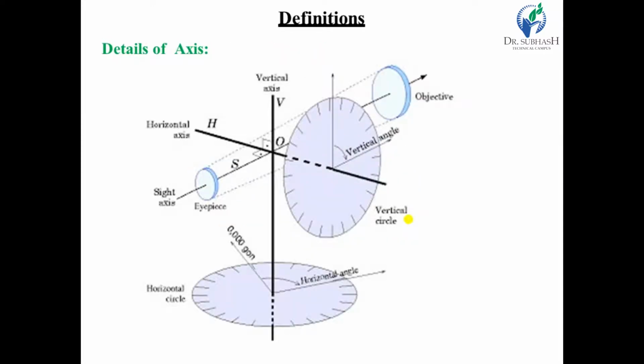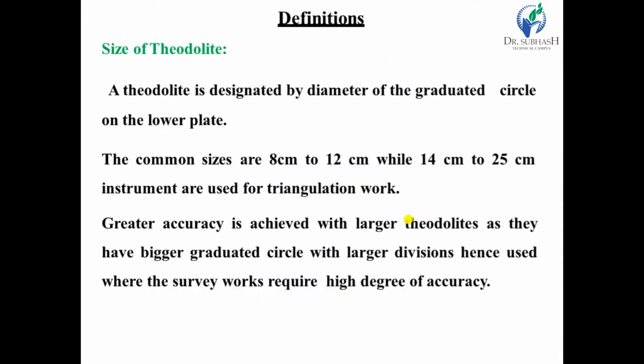Another important thing is the various types of axes of the theodolite. That is a very important question for examination purposes and from many points of view. One is the vertical axis, second is the horizontal axis, then the side axis or line of collimation, horizontal circle and horizontal axis. These are the different types of axes governed by the theodolite.